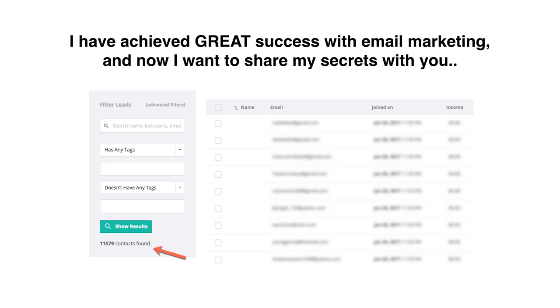So I have achieved great success with email marketing, and now I really want to share this with you and with students. As you can see from the screenshot, that is a recent screenshot of one of my autoresponder accounts on Market Hero, and as you can see, I've got just about 11,000 emails in that list, in that account. And as it turns out, I have over 30,000 emails when you take into account my different autoresponders, my different businesses, and I've been doing this for a long time. All right, so I know what I'm talking about, and I want to tell you all about it.